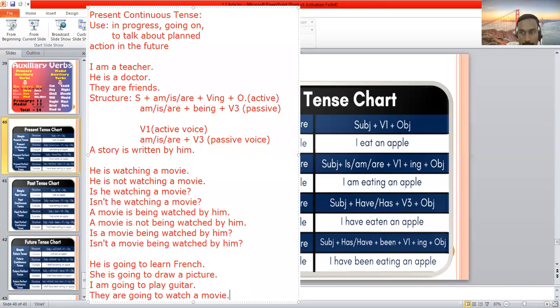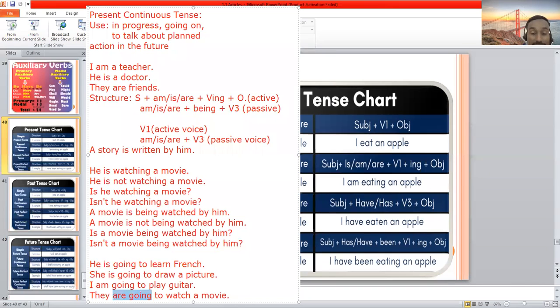Virat is going to play cricket. I am going to compose a poem. So remember here for all these examples, if you see, the structure is of present continuous. Is going, am going, are going. So you'll come to know the structure is of present continuous,